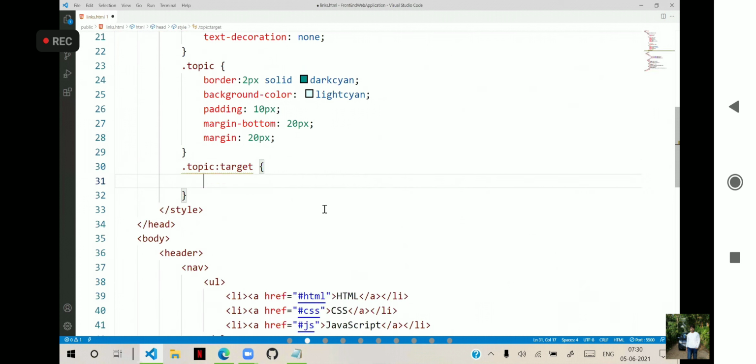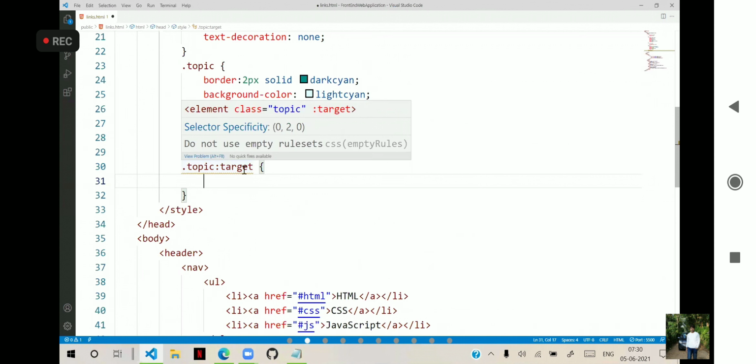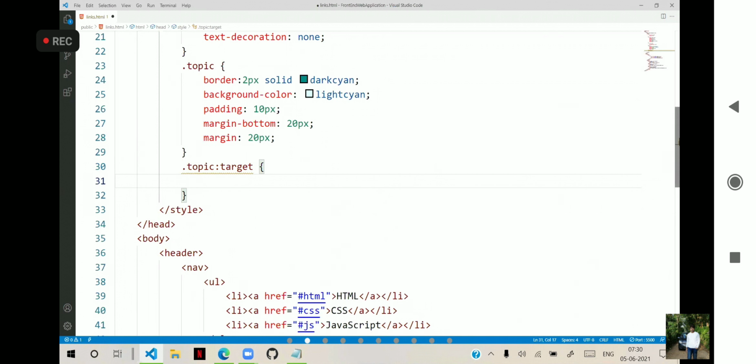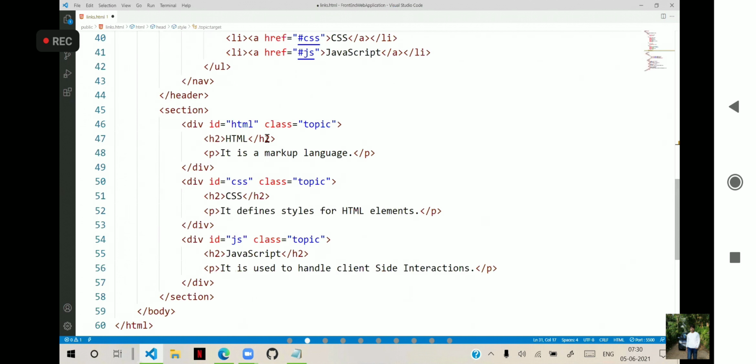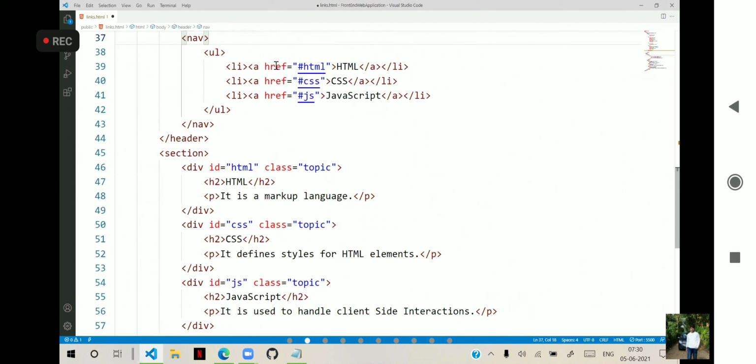colon target means if it becomes the target of any link, that element must have an ID. When the user clicks on that link, when the user clicks on HTML, this div becomes the target.